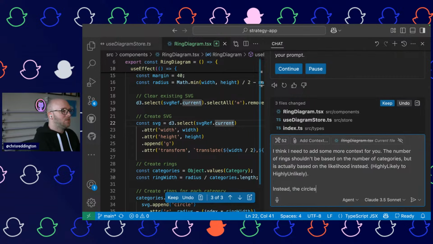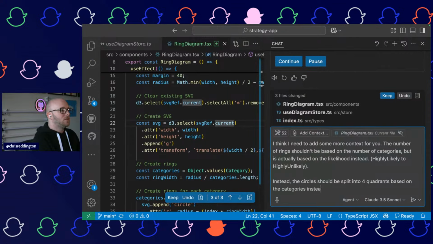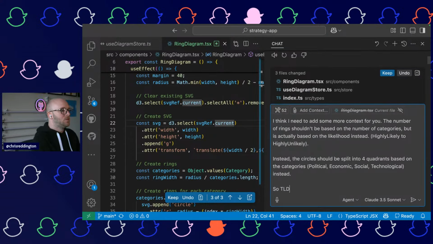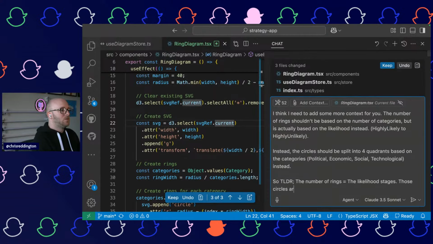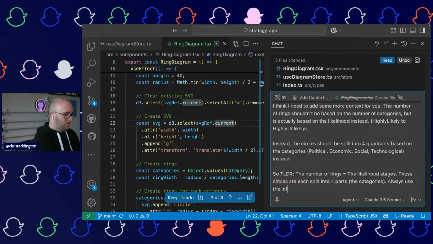Instead, the circles should be split into 4 quadrants based on the categories. Instead, the TLDR, the number of rings equals the likelihood stages. Those circles are each split into 4 categories. Always use the information file.